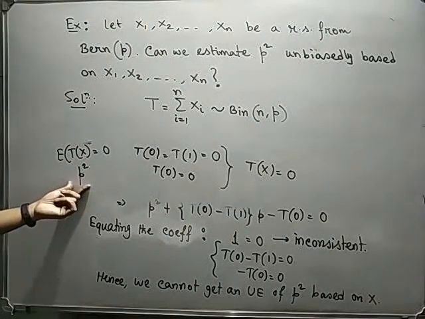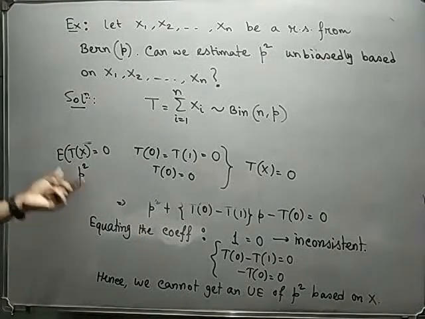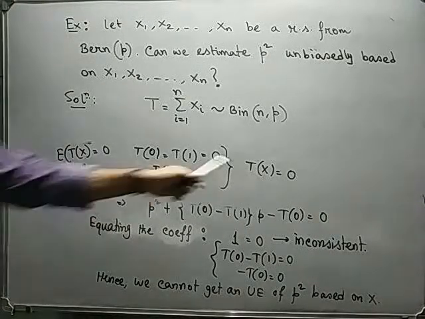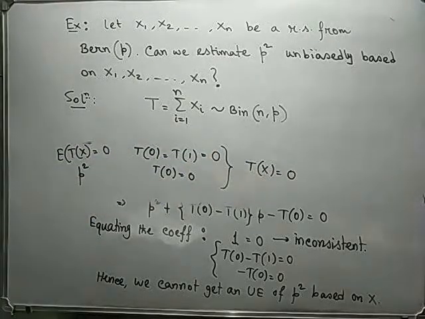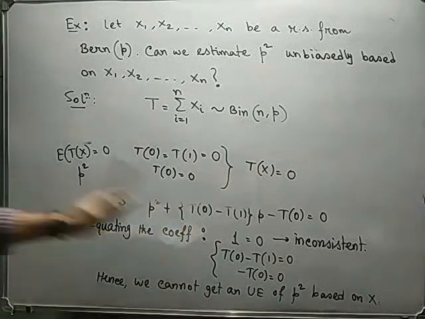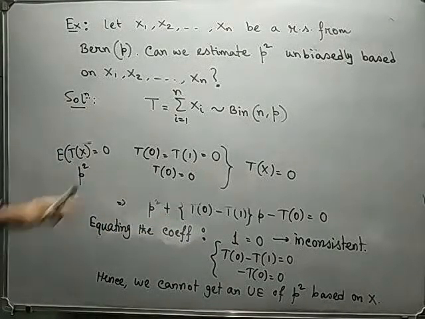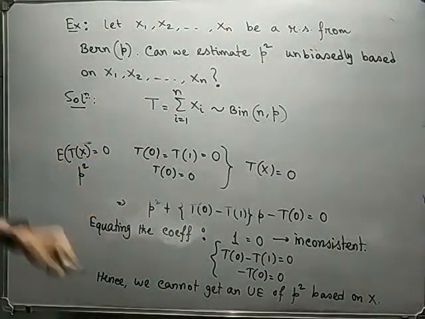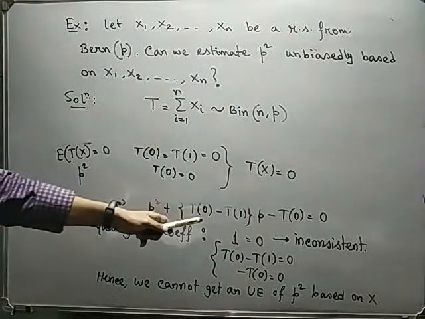But p, we assume, is not equal to 0. If p is equal to 0, that means the success probability is 0. But we cannot say the success probability is always 0. So that's why if we choose p not equal to 0, then Tx equal to 0 is not acceptable. Okay, so this can also be said to be inconsistent if p is not equal to 0. But if we just assume p is equal to 0, then the first part will be inconsistent. Okay.